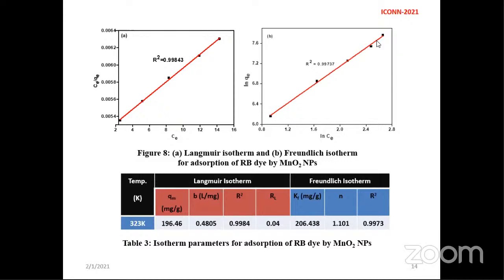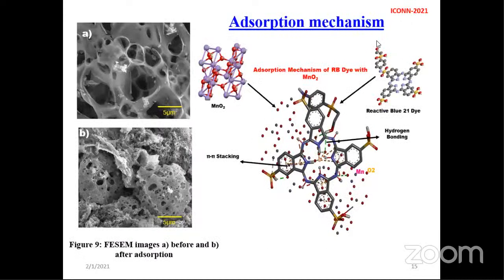These are the two FESEM images which we obtained before and after adsorption on MnO2. From figure A, we can clearly see the cavities are present, which were blocked after the adsorption. From figure B, we can see